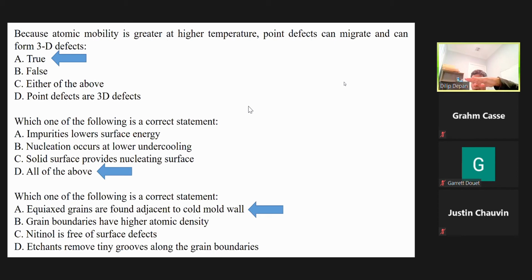So along the grain boundaries, if there are some tiny atoms or a cluster of atoms, then they will also be removed along with the grain boundaries during the etching process. These clusters of atoms that have been removed will look like tiny grooves